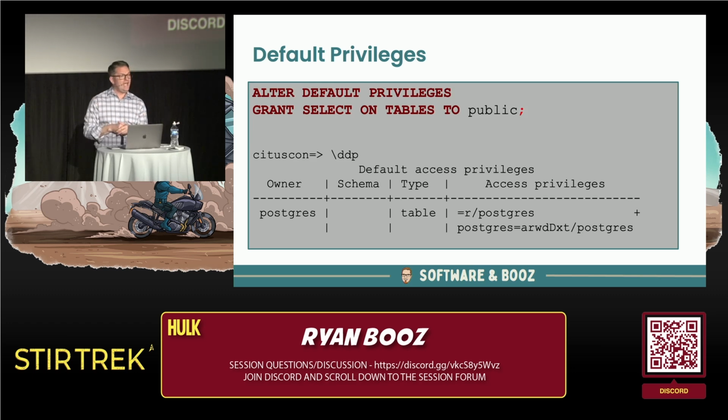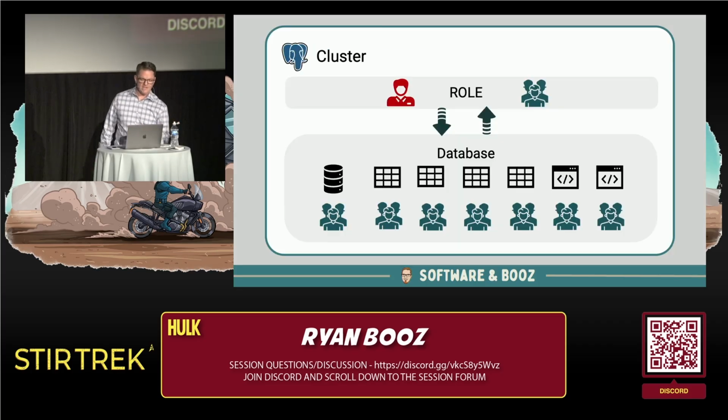And now, every time I create an object, Postgres goes and looks at the default privileges and says, hey, are there any default privileges this role has said to set when, in this case, a table gets created? And in this case, yes. This is a really nice and easy way to manage how privileges get propagated throughout your database with the various objects that you have. It does take some management, and it's something to get used to doing.